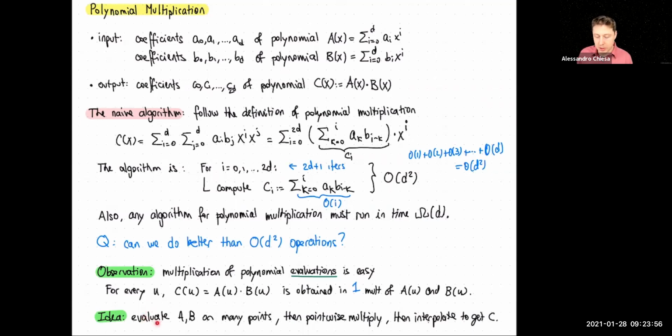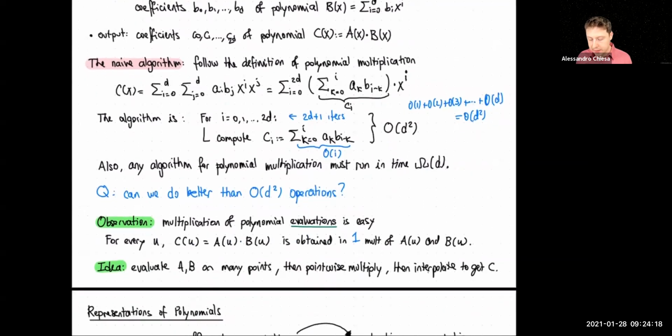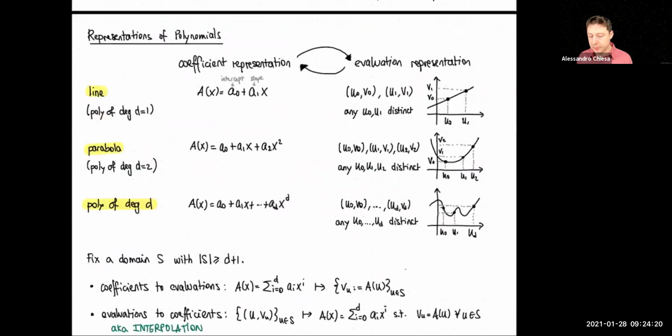We're going to try to solve evaluation problems faster than d squared, interpolation problems faster than d squared, specifically in d log d, each of them. And then this stuff is order of d. Again, we're going to do it more precisely in the next few slides, but this is the plan ahead of us. Now, because we're talking about coefficients and evaluations and everything, we need to take a short interlude into this dual